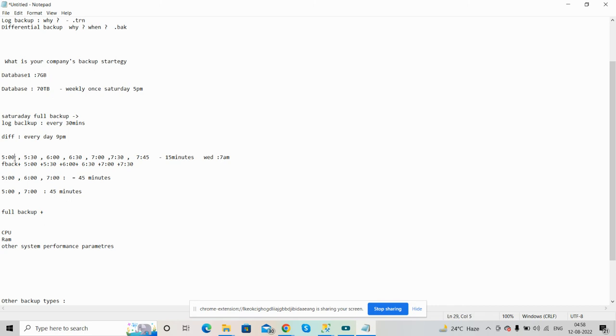So, if I take Saturday, if I say differential every day, means Saturday 5 p.m. full backup happen. Now, when it comes to 9 p.m., we have a differential running. What will this differential be? It will be the data from last backup to the time of differential. I hope you understood this point. What will this file contain when I take a differential